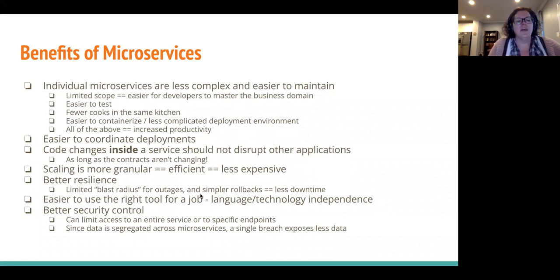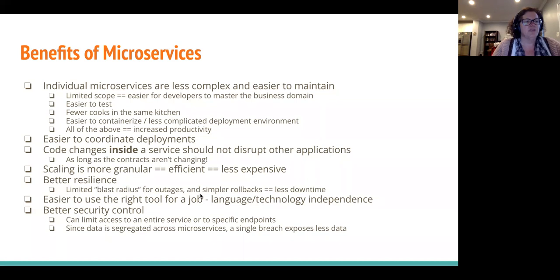So then the changes that you make inside your microservices won't affect anybody else because they're isolated. Now, it's the contracts, i.e. requests that are coming from another service or the responses that you give to them, and the messages that can be sent around, published by one service, consumed by another service. Those are the touch points where you have to be really careful because you can affect other people if you change those. But if you change the internal details about how you implement something, that shouldn't disrupt any other applications.